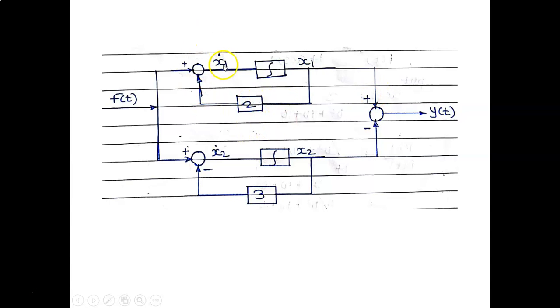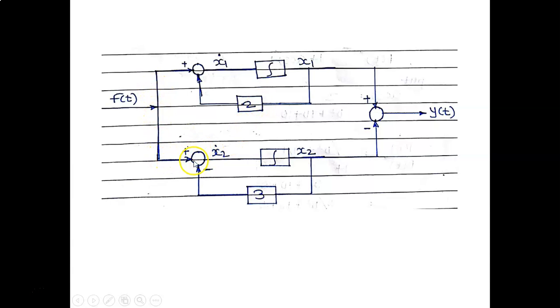Again it is fed to the summing point for the signal y(t), where its sign is positive. Now x1 dot is equal to what? f(t) minus 2x1. Therefore, from x1 we take one signal with a block of value 2, giving minus 2x1, and this signal is negative. Therefore, x1 dot is equal to f(t) minus 2x1. Similarly, at the bottom,